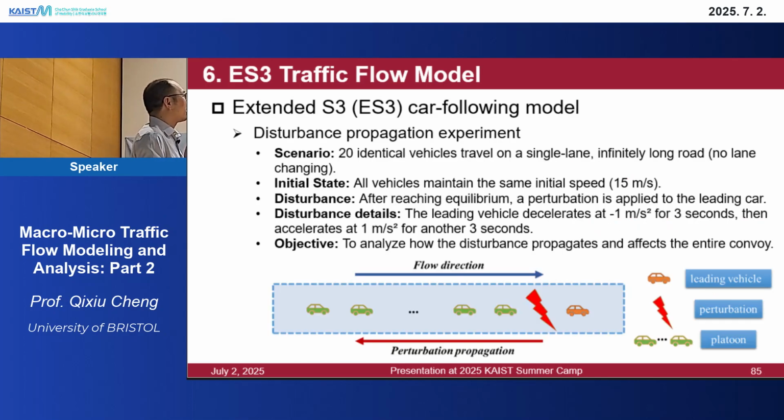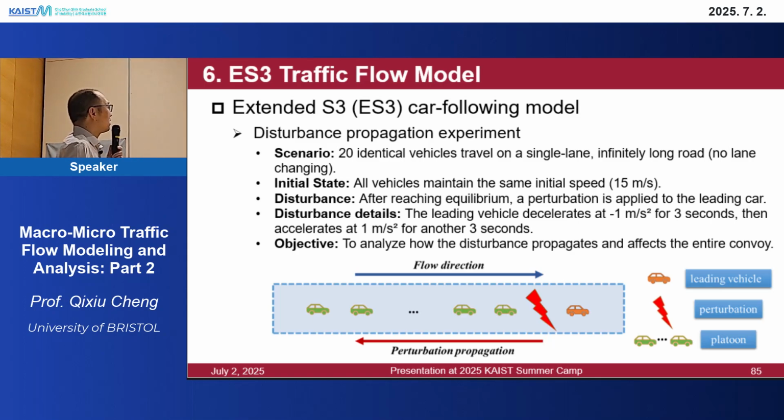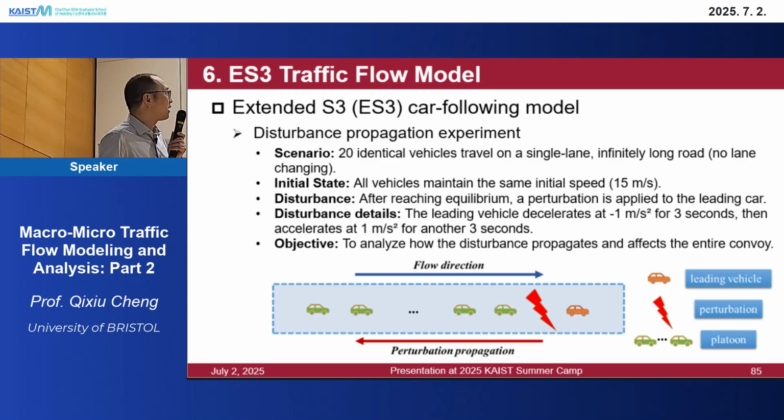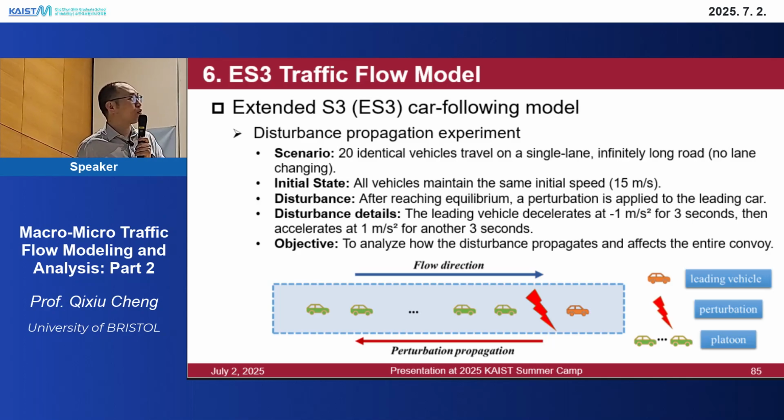Okay, we did a lot of experiments. In this experiment, the scenario is easy. We have 20 identical vehicles traveling on a single-lane, infinitely long road, with no lane changing. The initial state is that all vehicles maintain the same initial speed, and after reaching an equilibrium, a perturbation